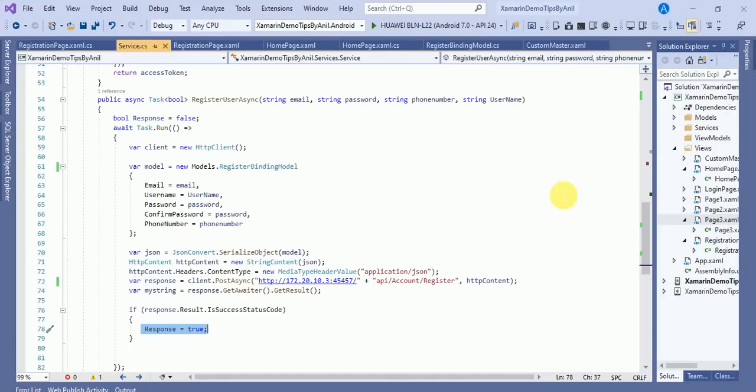Step by step, I'll let you know how I'm connecting a Xamarin Form with the web API, and how the web API is connecting to the database.